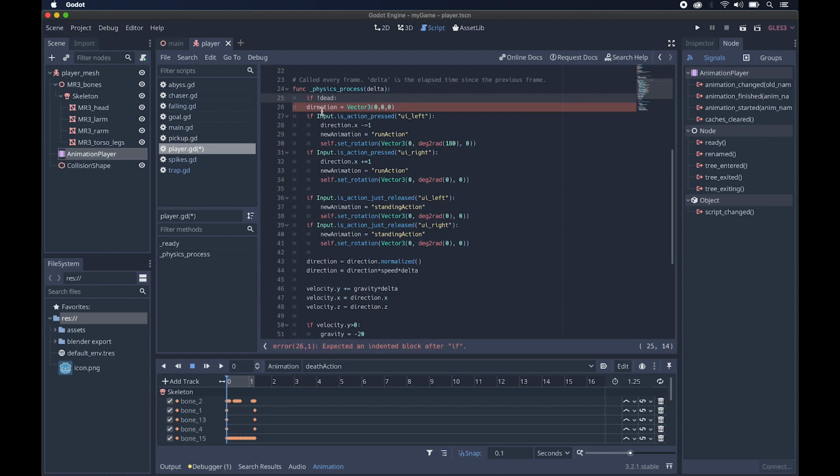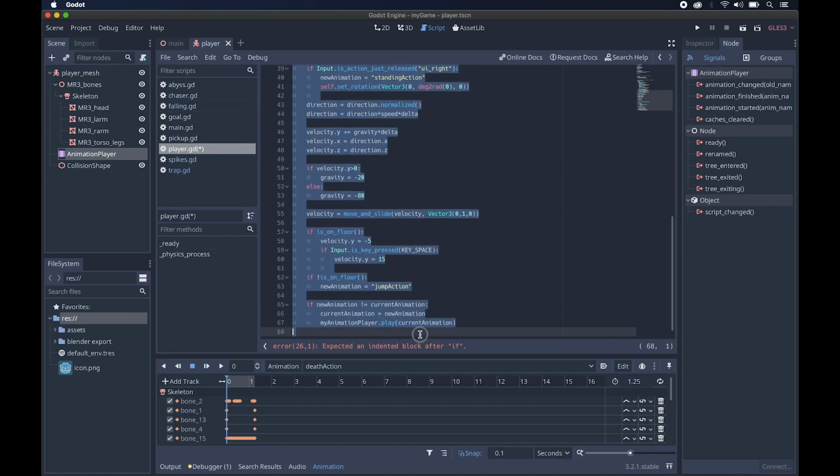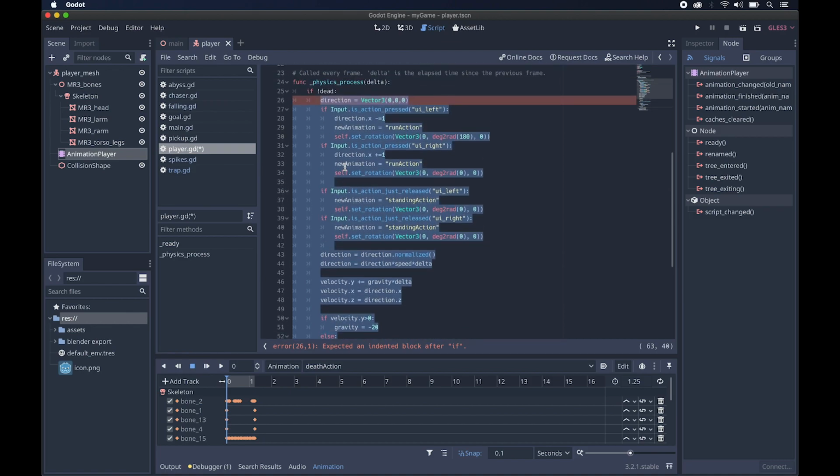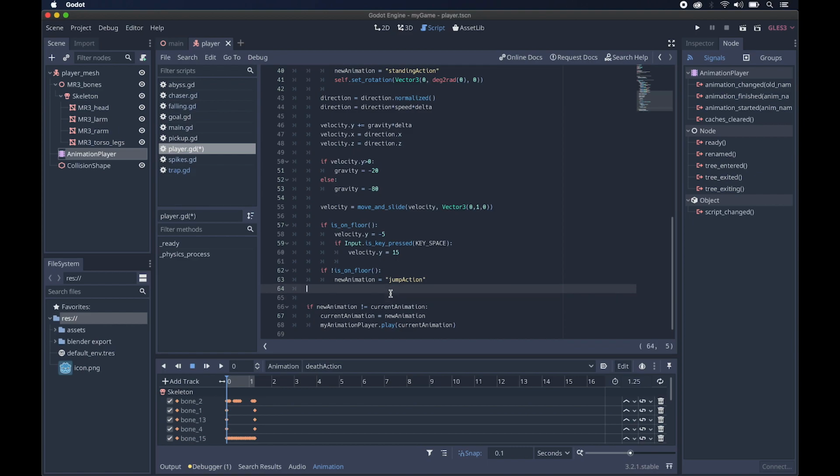So if not dead, and then just select everything like this apart from that bottom section, and I want to make it indent once so it sits within that if statement. So if it's not dead, then do all of this. If it is, and I can add this here and remove it actually from some of the other scripts that I've written, we can say if dead